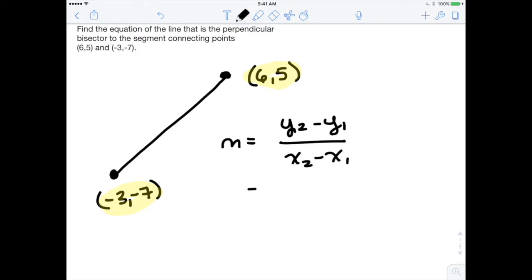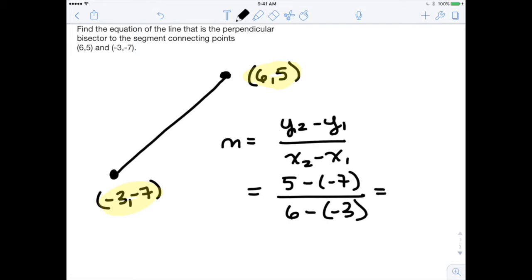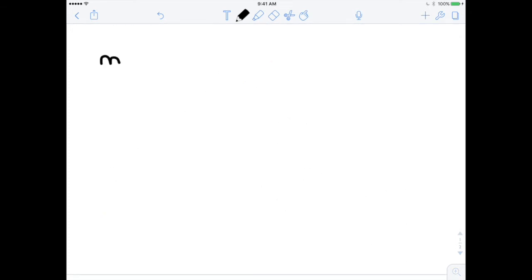So the slope of our segment is 5 minus -7 over 6 minus -3. This is equal to 12 over 9, which of course is 4/3. If the slope of a line is 4/3, then the slope of any line perpendicular to that is going to be the negative reciprocal of 4/3,